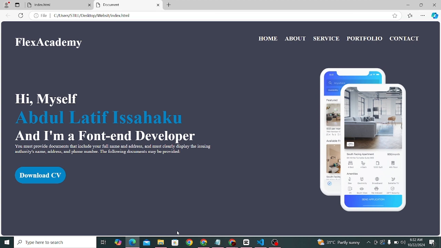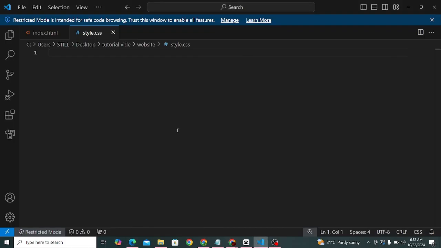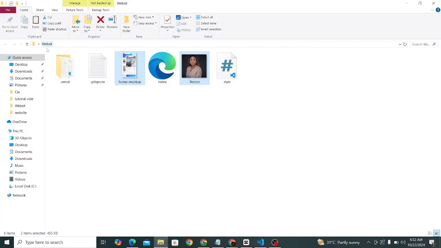Hello, in this tutorial, we are going to develop this website with the knowledge that we have acquired in CSS and HTML. So without further ado, let's just jump right into it. Let's open our coder. You can see that we have our index.html file here, and we have our style.css file here. So when we open our folder,